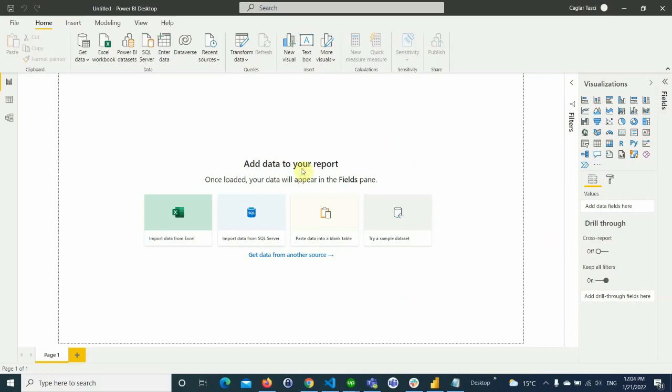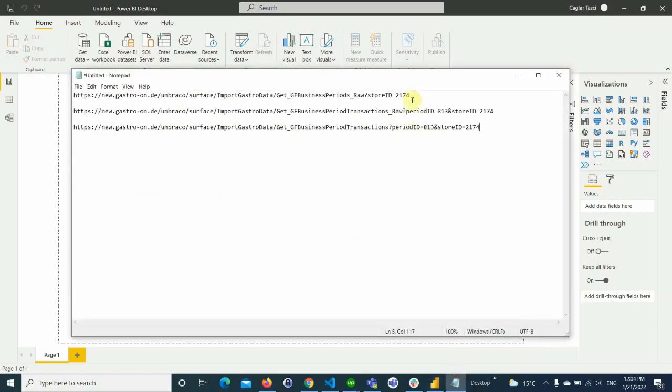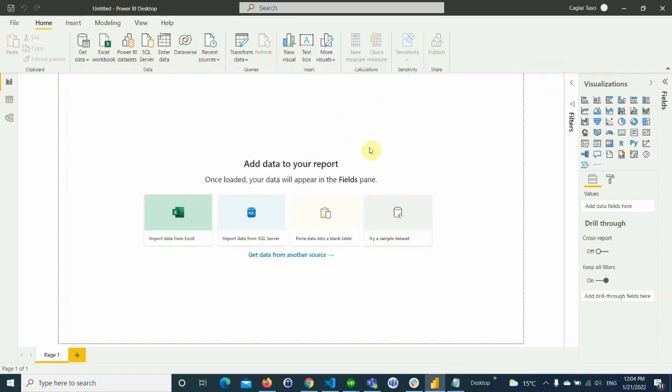Hello friends, my name is Vibhor Goyal and today I am going to show you how to fetch data within Power BI using REST APIs. So I have a list of open source APIs with me from which I am going to show you how to fetch data in a JSON format and then convert it into a table format.